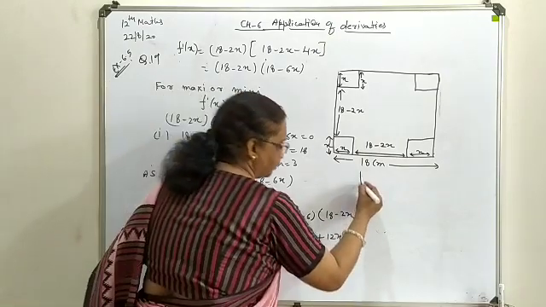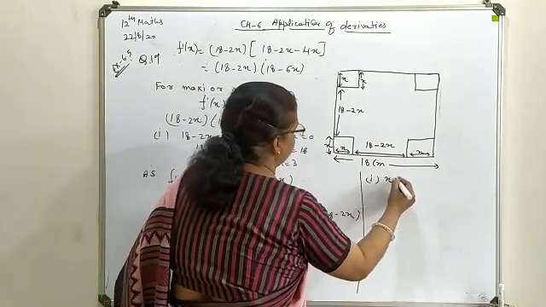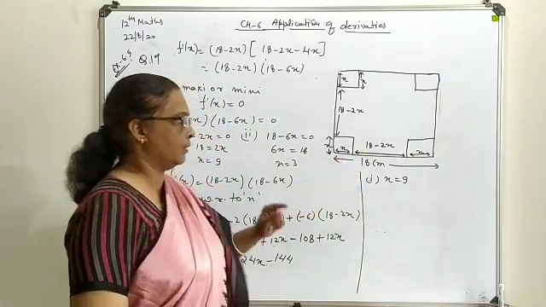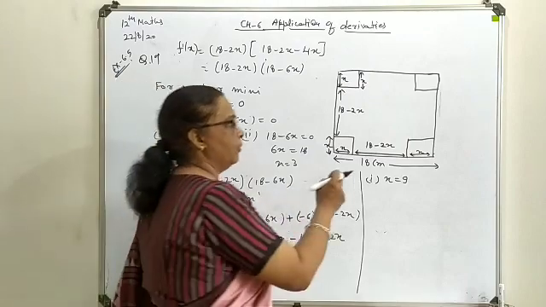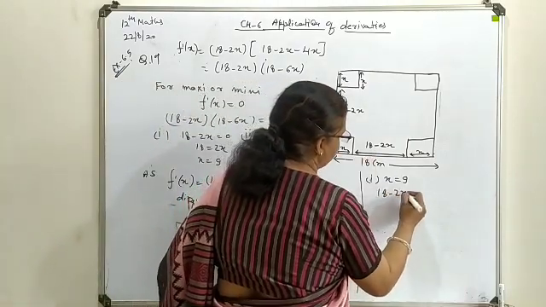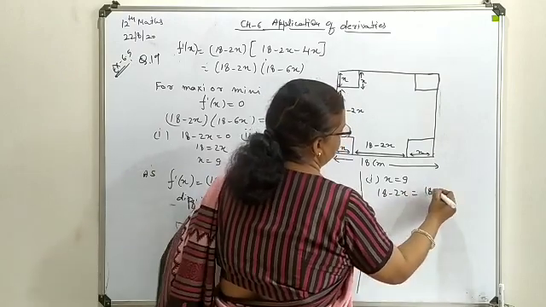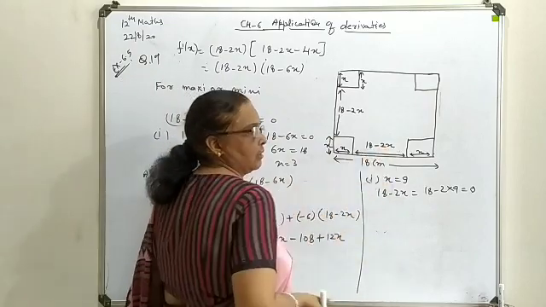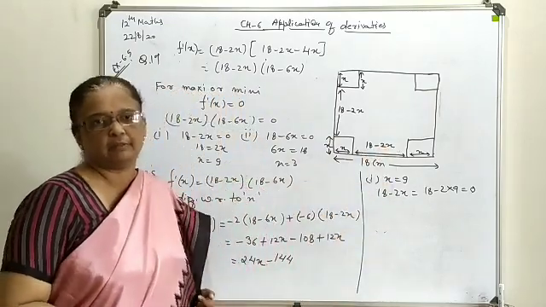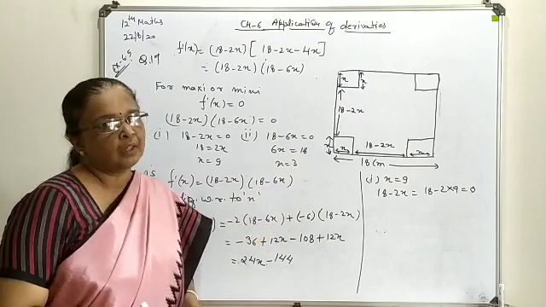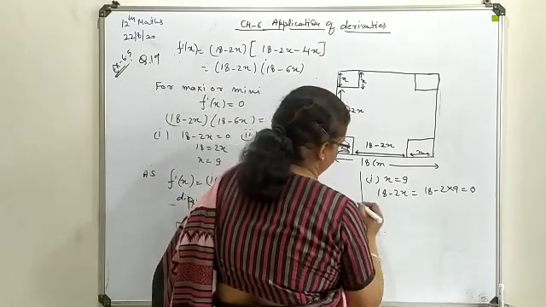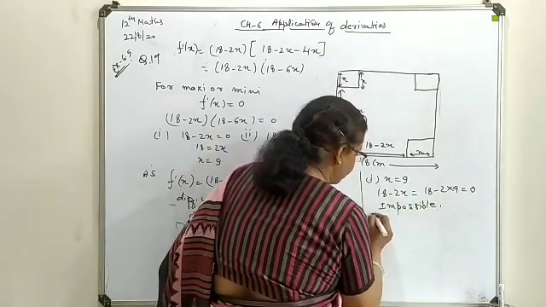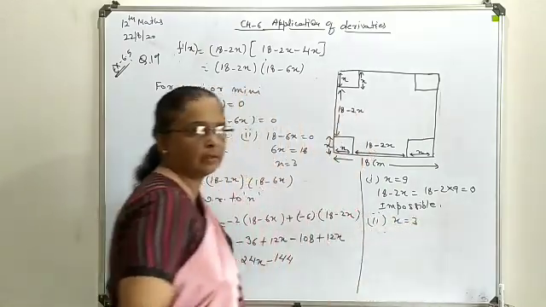Now here you see, if you are talking about the first case, means x is equal to 9, your length you require as x only, but if you calculate 18 minus 2x, so what you will have, 18 minus 2 into 9 means 0. Means this length will not exist here. So in real practice it is not possible that any of the length terms is 0. So this is impossible. So obviously we have to think about the other solution of x, that is 3.